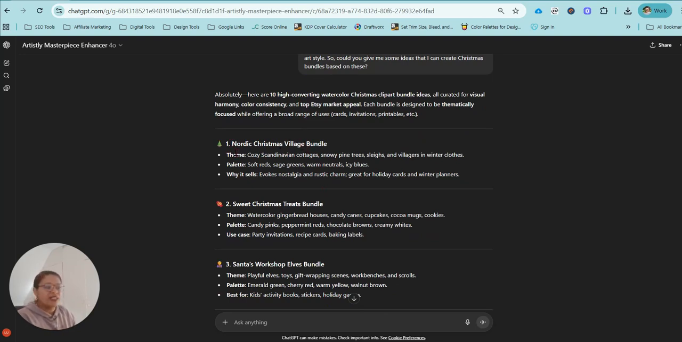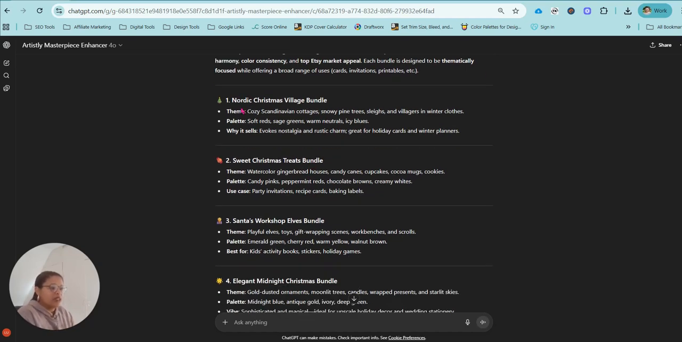And to be quite honest, these aren't terms or ideas that I would have come up with personally, which is why I love all things AI and especially ChatGPT for things like this. The Nordic Christmas Village Bundle, it will tell me, is cozy Scandinavian cottages, snowy pine trees, sleighs, and villages in winter clothes. Now, I have seen Scandinavian Christmas clip art bundles, and even t-shirt designs. It's very popular on Etsy. So that's what I meant when I say it's geared towards thinking what's on Etsy